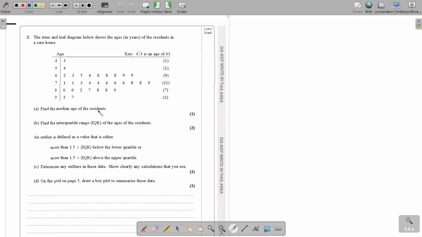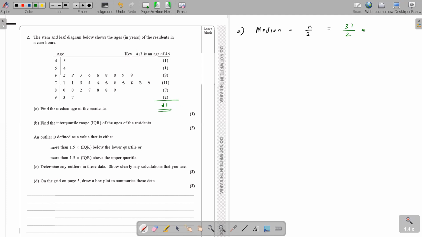Find the median age of the residents. Okay, how do you find the median age? This is discrete data, right? So for discrete data, what do we use? N divided by 2. And you remember that story, if it's a whole number and not a whole number? Median N divided by 2. How much is the N here? Add everything, how many data values are there? The first row has 1, the second row has 1. You have to add all these. So there are 31 data points. So 31 you divide by 2, how much is it?